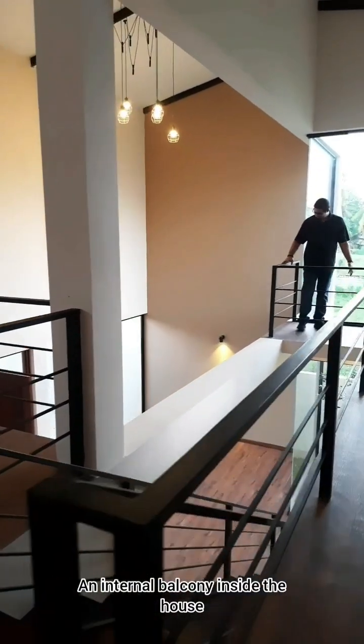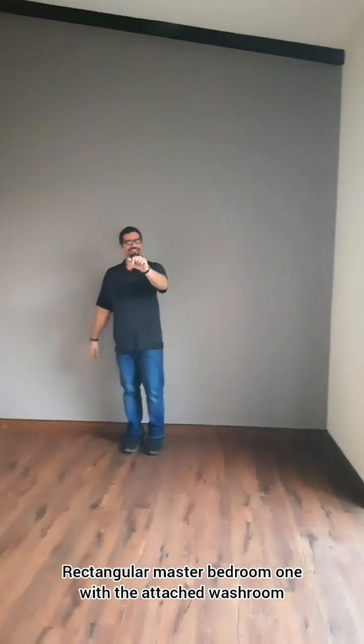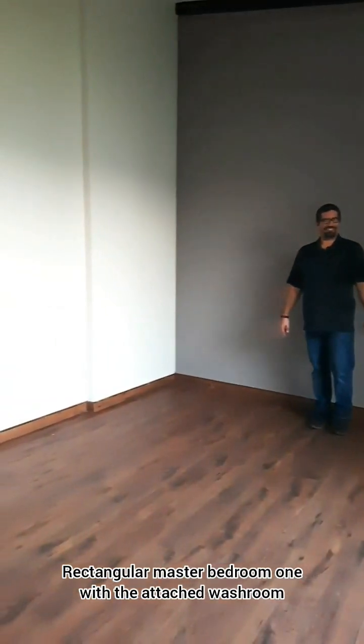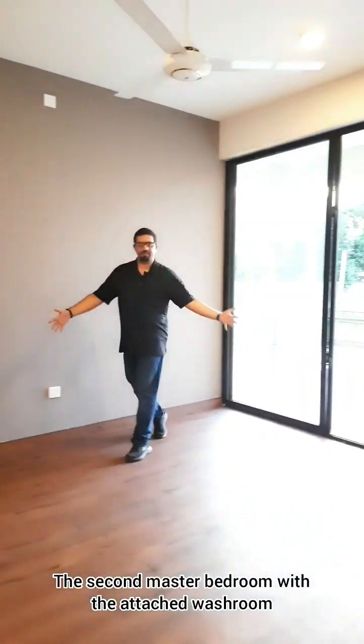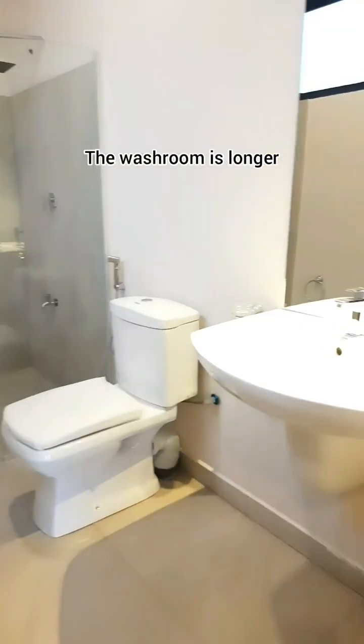inside the house. Rectangular master bedroom 1 with the attached washroom. The washroom space, it is very squarish. The second master bedroom with the attached washroom. The washroom is longer,